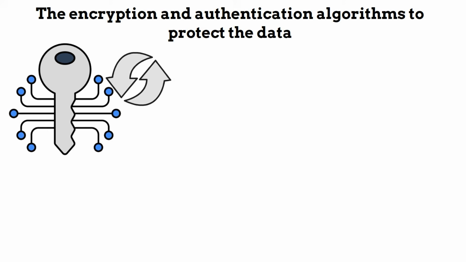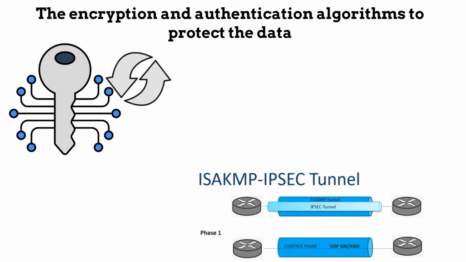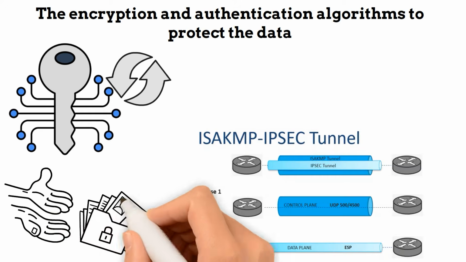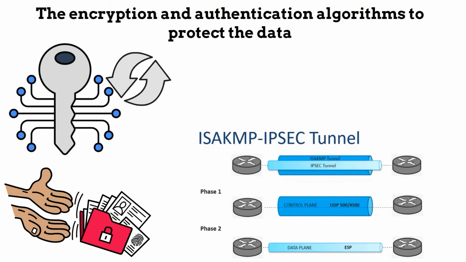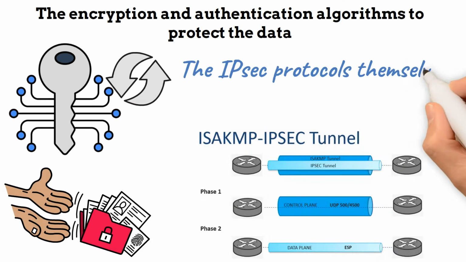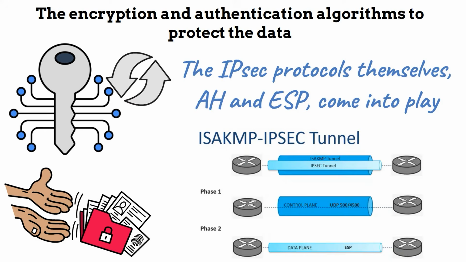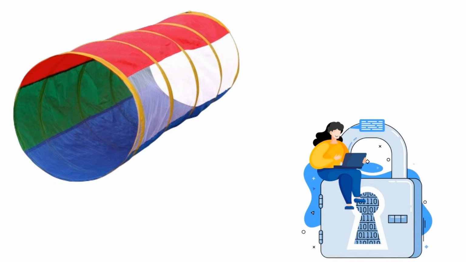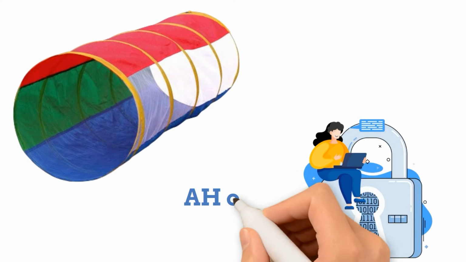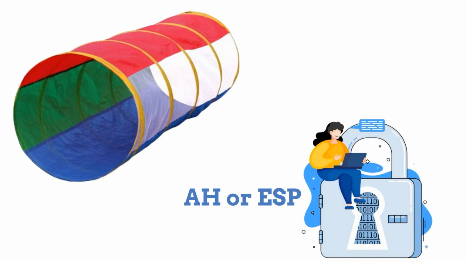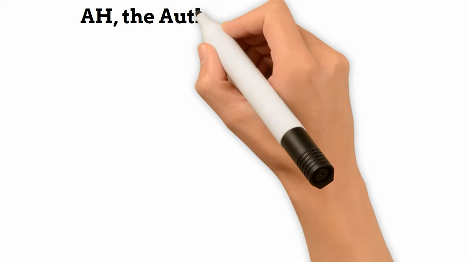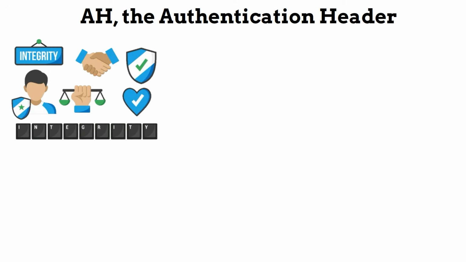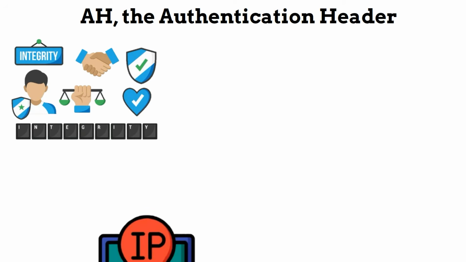Once Quick Mode is complete, both the Phase 1 and Phase 2 tunnels are up. And now we're finally ready to protect some data using AH or ESP. AH versus ESP. IKE's job is to build the tunnels, but the actual work of protecting the data is done by one of 2 protocols, AH or ESP. First, the Authentication Header, or AH, provides excellent integrity and authentication by creating a hash that covers almost the entire